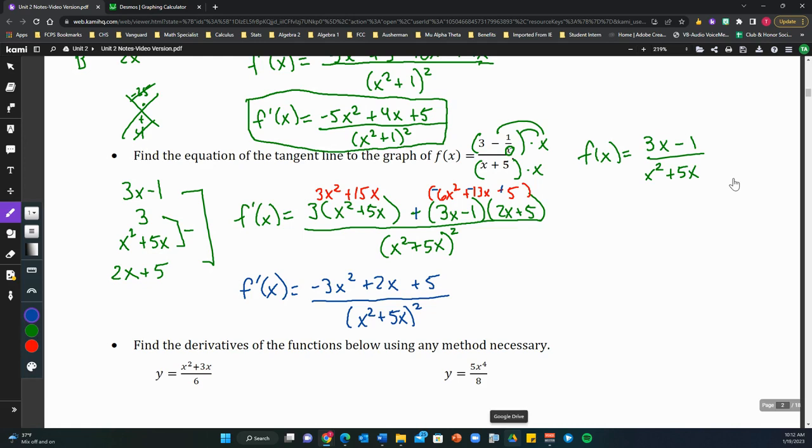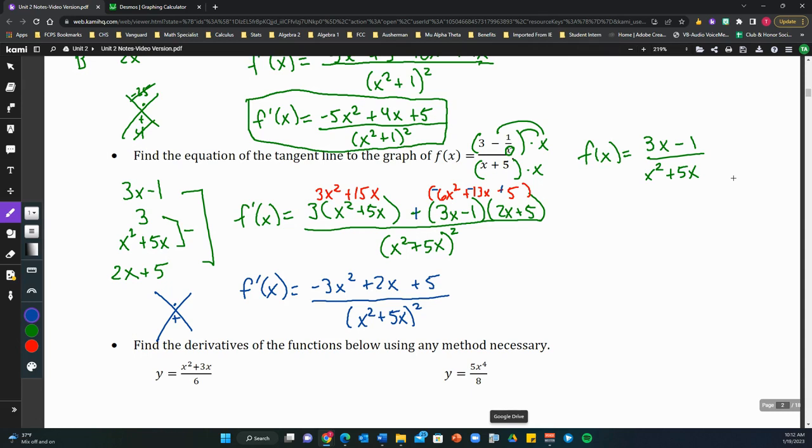Now, again, you can try and explore, see if the top is factorable, but even if it is, it's not a guarantee that it's going to actually yield a better form or an easier form of the derivative. It may, but most likely it's not going to. Now, in this case, one thing to keep in mind,